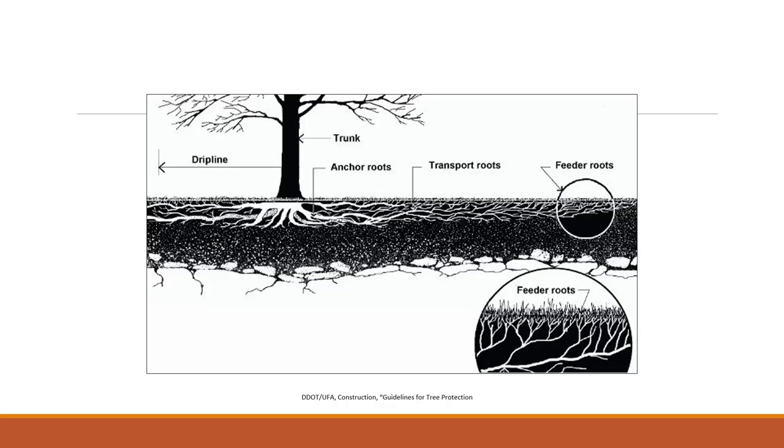And here's a close-up here. We've got our drip line, so a lot of people think that's where it stops. Your anchor roots are going to be closer in. Transport roots are the ones that bring the nutrients into the plant. And then feeder roots, that's the small parts of the root system that are the primary water and nutrient absorbers. Many small roots function for only 1 or 2 years and either die or become part of the larger root system.